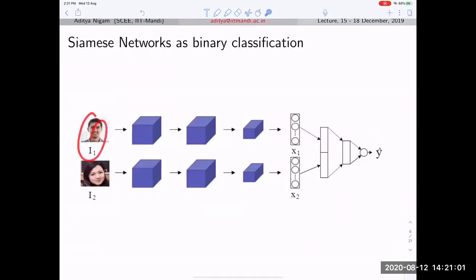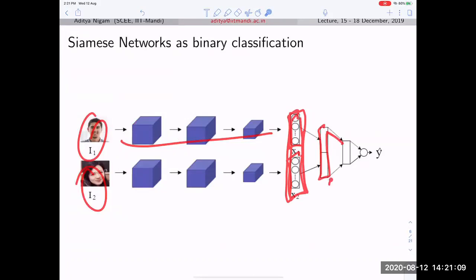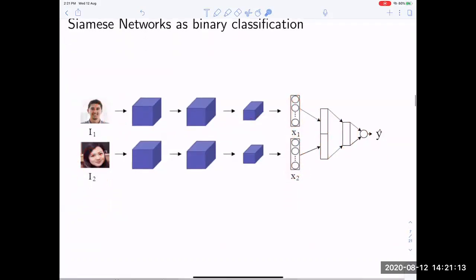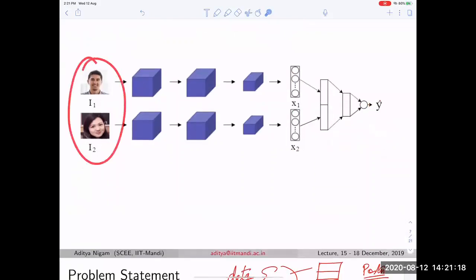Previously, I1 and I2 were passed like this. You get two features. Both of these features are concatenated, and then you reduce the size, come down to a class, and apply a binary cross entropy loss. You generate these pairs in such a way that whenever they are the same, the value should belong to a particular class, otherwise the value can belong to another class. Fine.